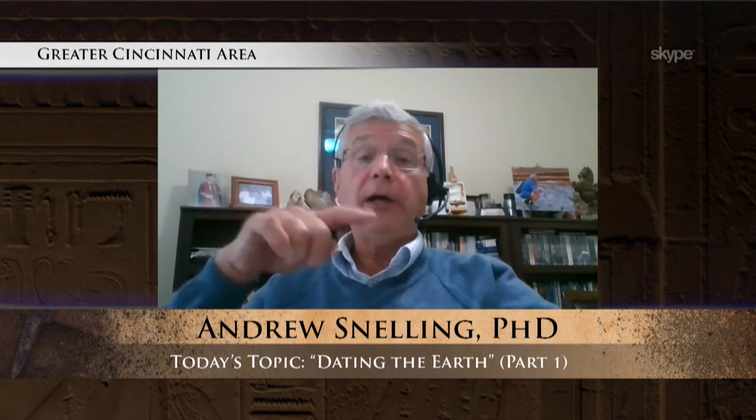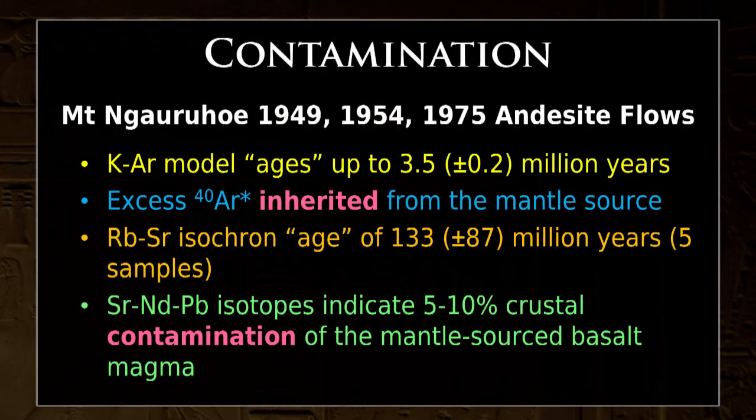But I also went on and submitted them for rubidium strontium dating. Now, rubidium decays to strontium. It's another one of the major methods. Most people haven't heard of rubidium, but it's an important element. And when I took multiple samples and did the calculations on them, and multiple samples for an age is regarded as much more reliable, the results came in at 133 million years for samples that were less than 50 years old. And again, it's because there was contamination.